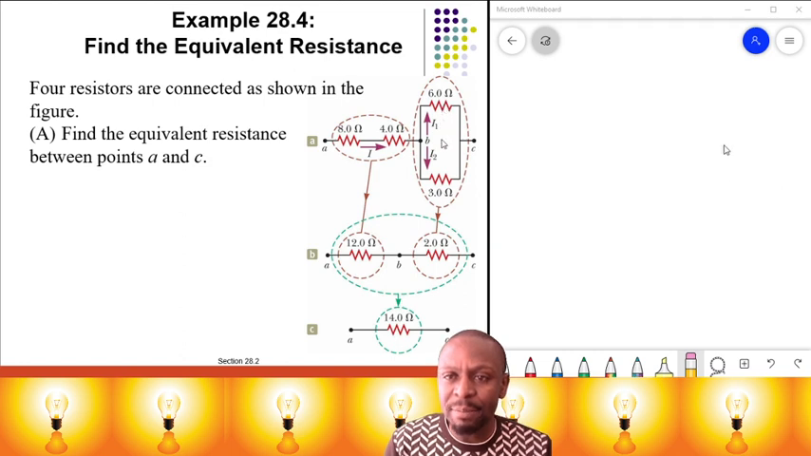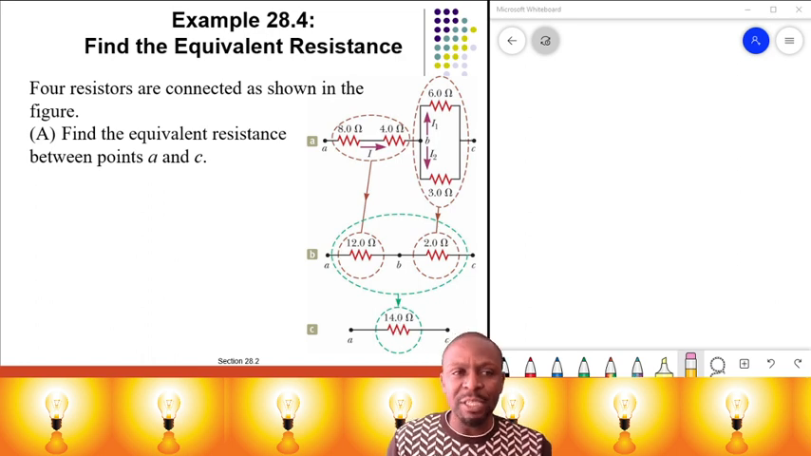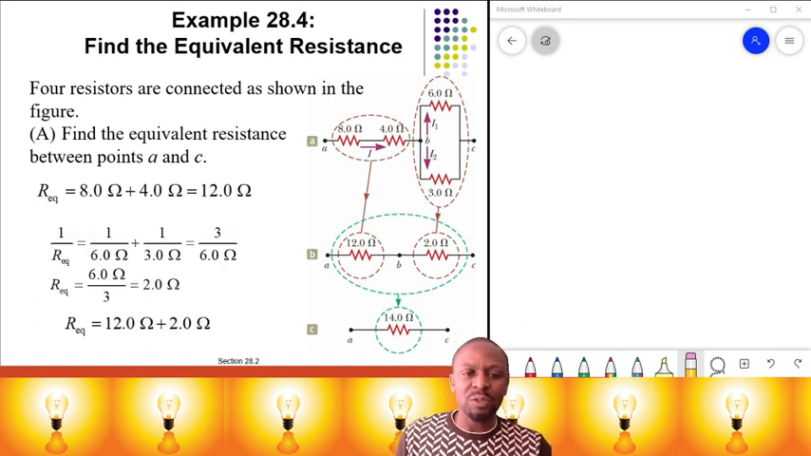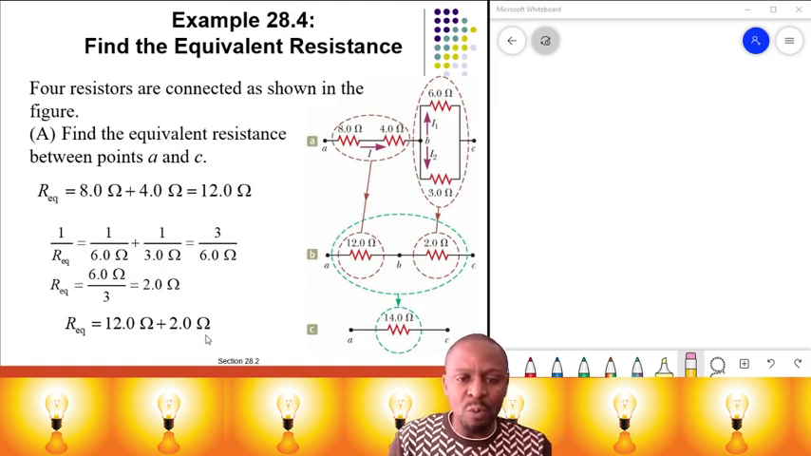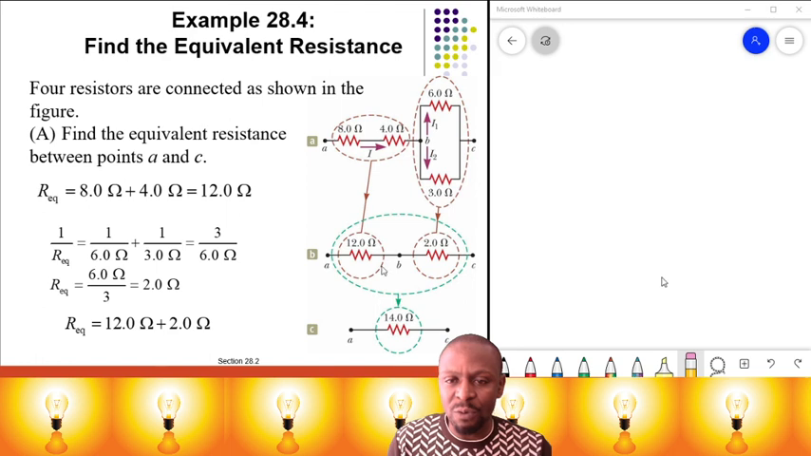Now these are connected in parallel, and their equivalent is just going to be 2 ohms, and this is now connected in series. If you add them, it's just going to be 14. Therefore the whole equivalent resistance is 14.0 ohms. The R equivalent will just be 14 ohms, because it's 12 plus 2, which is 14